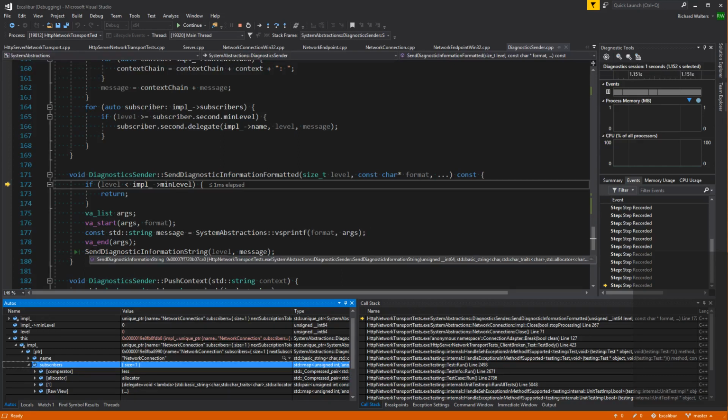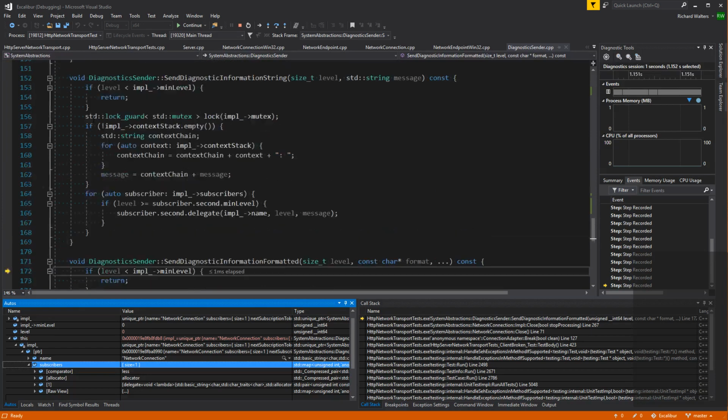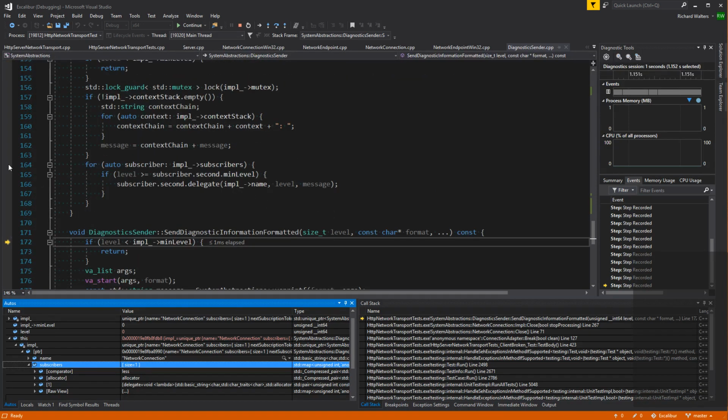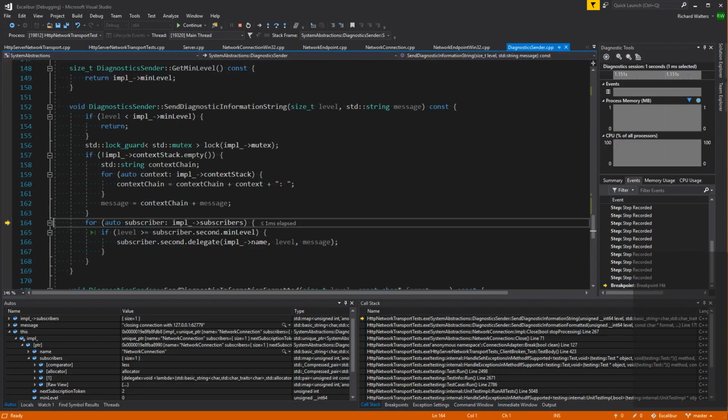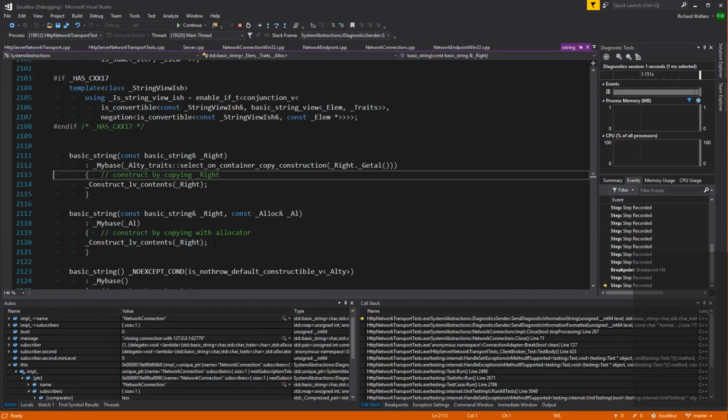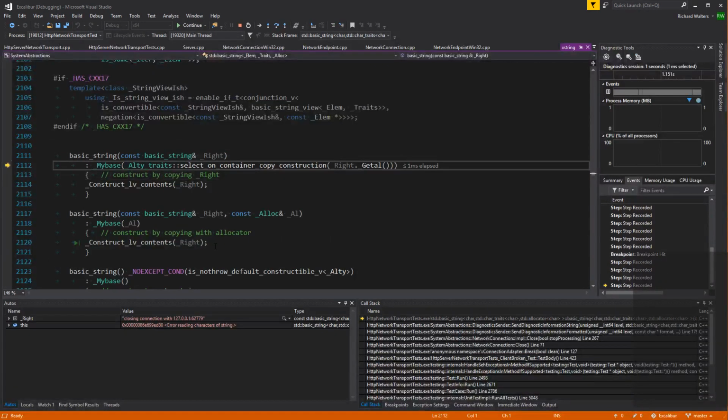Is it not getting called, though? What's the message? Closing connection with the client. Okay, so is it the min level? No, it is being called. Here's the delegate. Let's step through it.